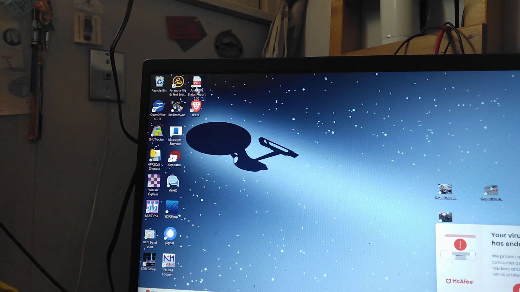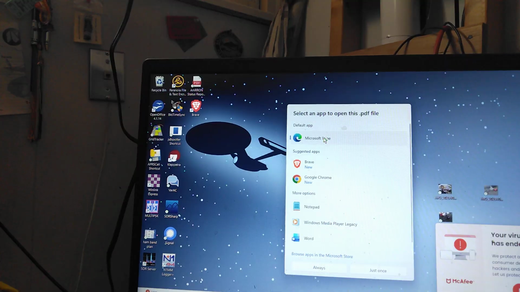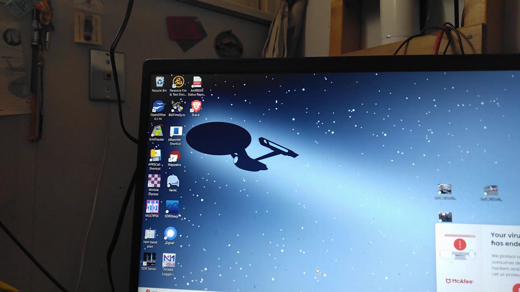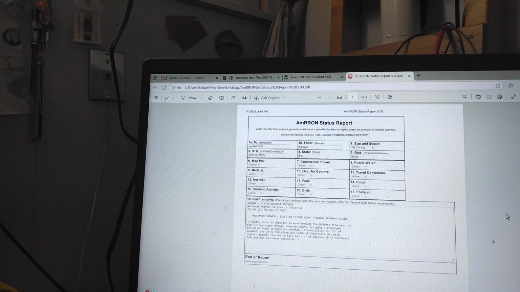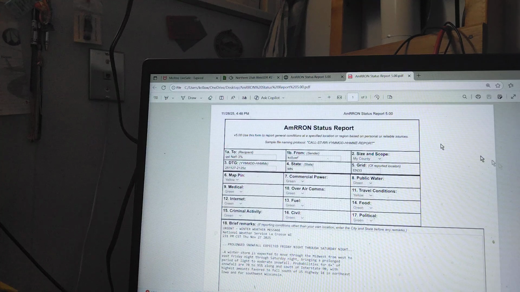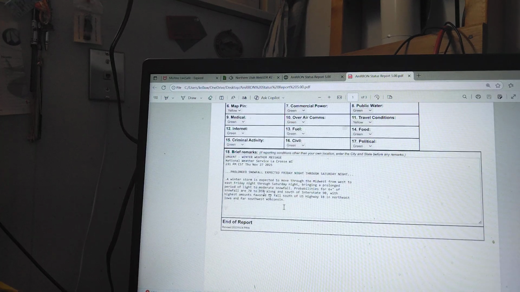Here it is. There's PDF up there in the corner. And open up. Yes, always. My computer updated so Bill Gates thinks it knows more than I do about this. And there it is. A PDF file of what I got. There's a zoom. And zoom, there it is. Prolonged snowfall. Now from here, I can print it, I can send it through email, I can manipulate it anywhere I want it to go,